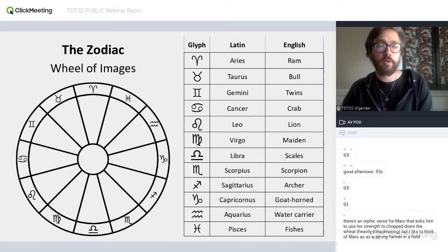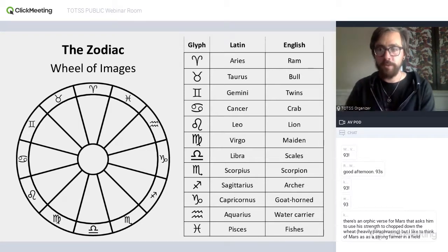Not that you can't use them, but as long as you can ground the meanings in the things we've already been talking about, rulership, polarity, quadruplicity, triplicity, then these images are great to use. Though I wouldn't rely on them as a primary source for their meaning if you're doing tropical astrology.